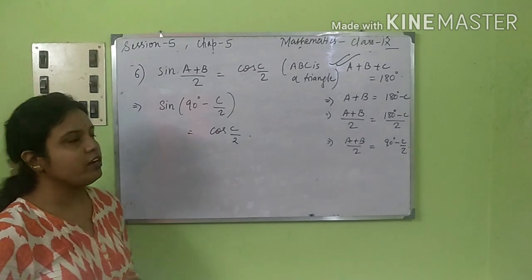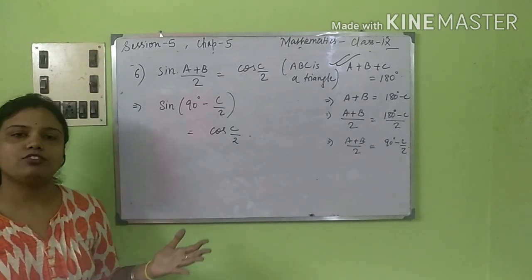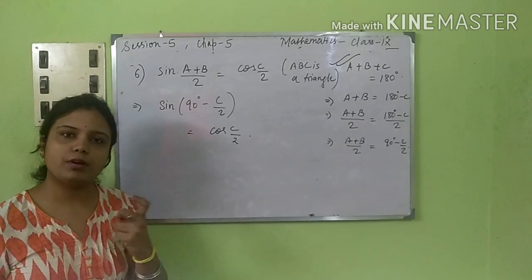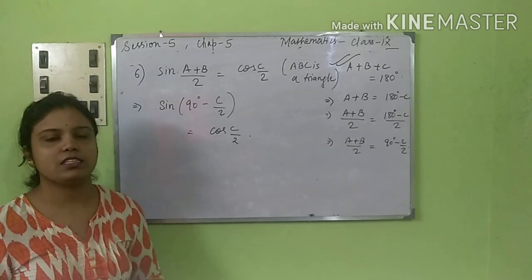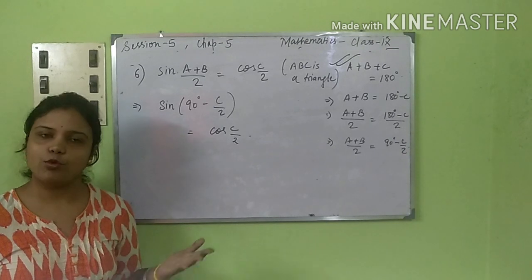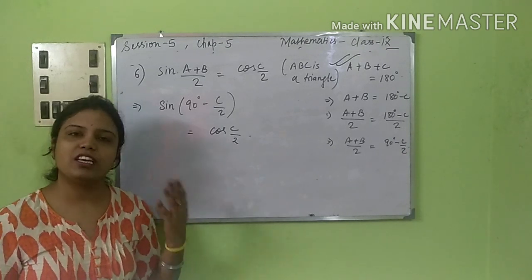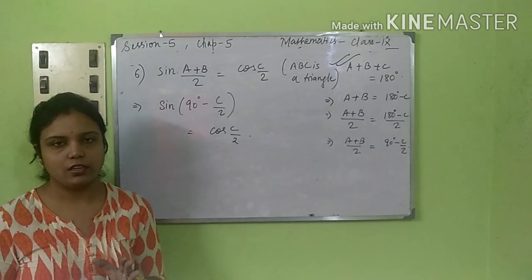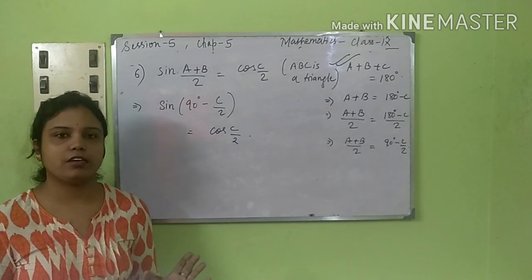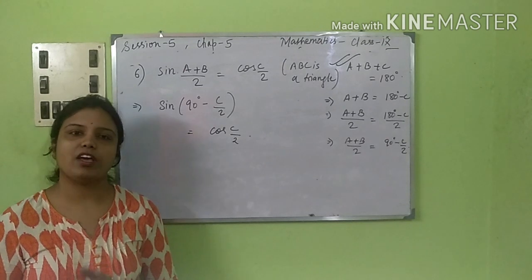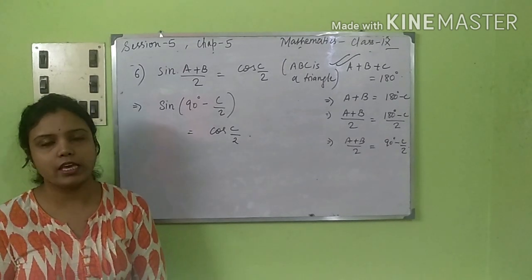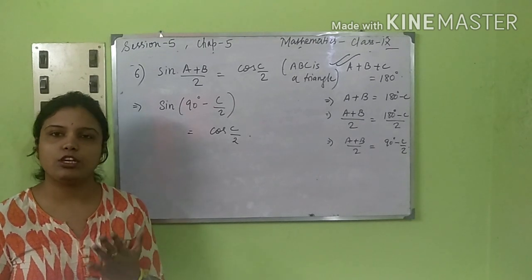So that was all regarding the complementary angles with the trigonometrical ratios. I think it is very clear. We just need to remember the formulas so that we can use them in the calculations. Nothing more than that. Trigonometry is really a very scoring chapter and quite easy if you practice the sums thoroughly. So that is all from this particular class 9 chapter. Next we'll be going to trigonometry of class 10 again. There also we'll be finding many new sums.